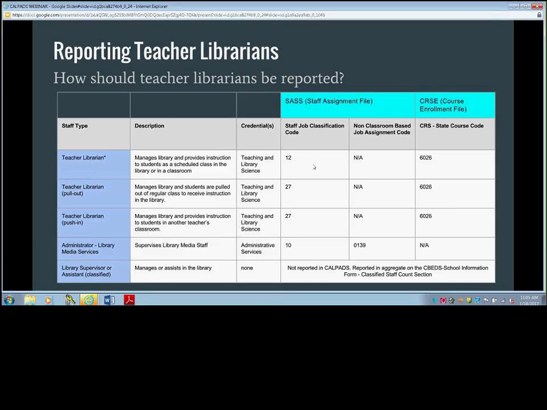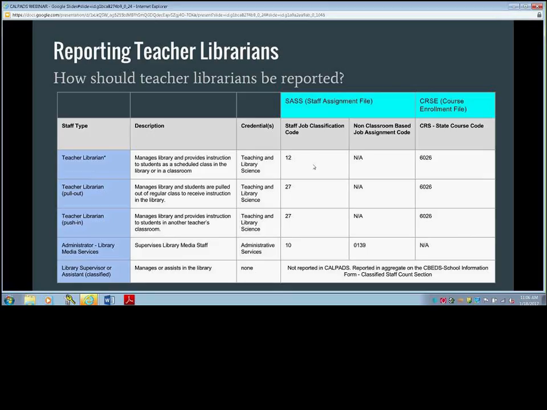Okay. So if you are in a classroom-based setting, so you're actually teaching your course in a classroom-based setting and it's in the master schedule, then CalPADS is actually going to require that you tell us the students that are enrolled in that class. Okay, so that's the difference between reporting a pull-out course and a classroom-based course. A pull-out course in CalPADS doesn't actually require that you submit student enrollment, which is the next line.